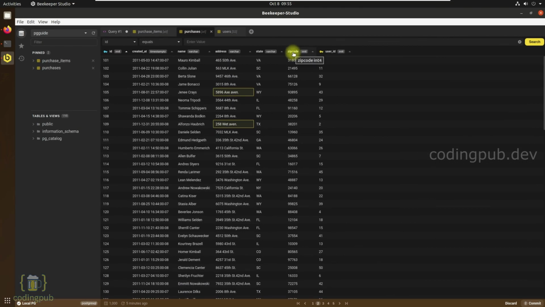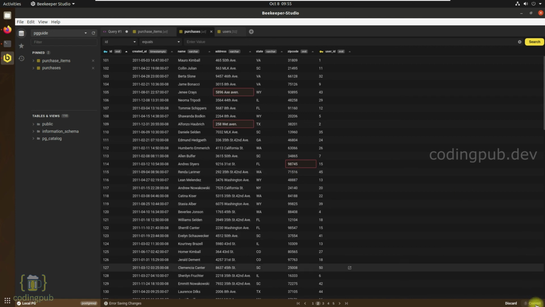As you can see, we have a zip code and a user ID field here, and both zip code and user ID are integer fields. If we enter a wrong value in one of the fields, let's say that we are entering a character in the integer field, so this is a wrong one, and let's click on the commit button now. As you can see, the data were not saved to the database. That is because we have entered characters in one of the integer fields, so this data will not be saved to the database. To save the data, we need to enter the right data in the field and do it.